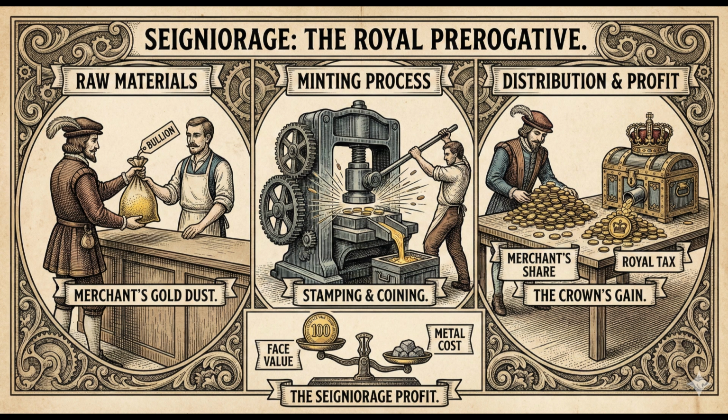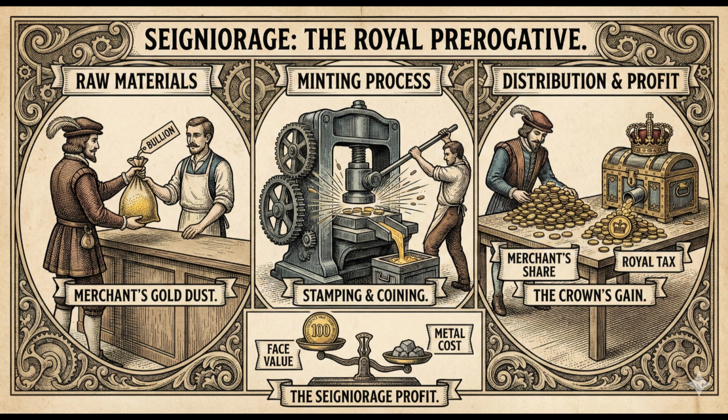The management of seigniorage was a delicate balancing act. If the king set the seigniorage too high, merchants would avoid the royal mint, taking their gold to foreign markets or illegal private mints. Conversely, if it was too low, the treasury would lose the revenue necessary to maintain the mint's integrity. This minting price became a critical economic indicator. It dictated the flow of gold across borders and determined the relative strength of national currencies. The royal seal on a gold coin was more than an emblem of pride. It was a certificate of monetary purity, allowing the king to manage the liquidity of his entire realm.